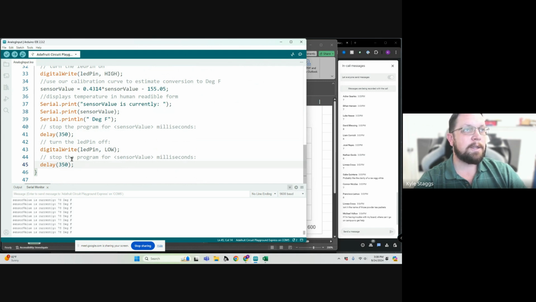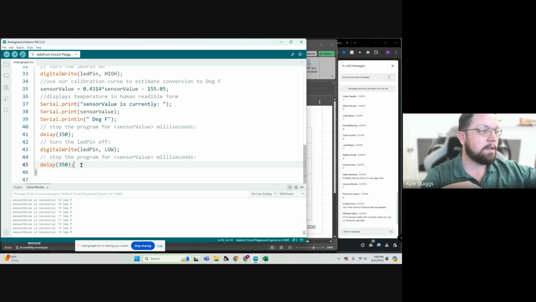That is going to require some more Circuit Playground commands, because we want to be able to turn on the NeoPixels and set their values. So that's going to be the next progression: how to do output on the board based on the input, but still have the serial monitor running so that we can see what the data looks like,